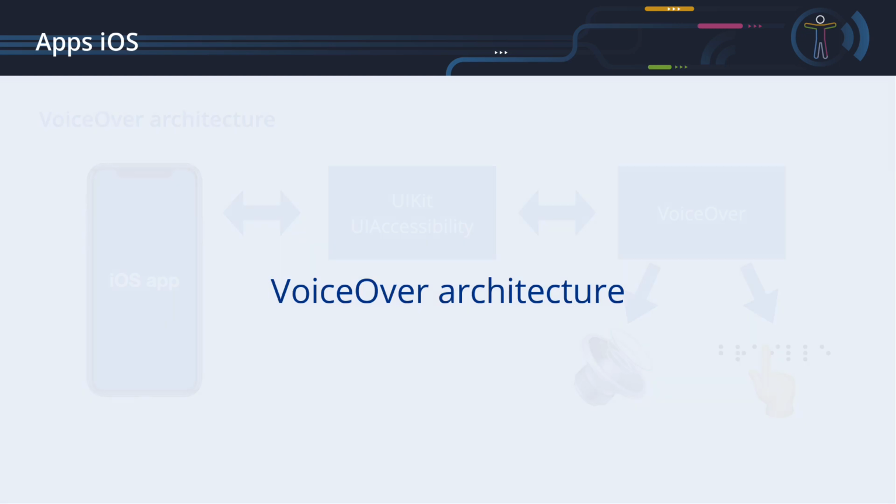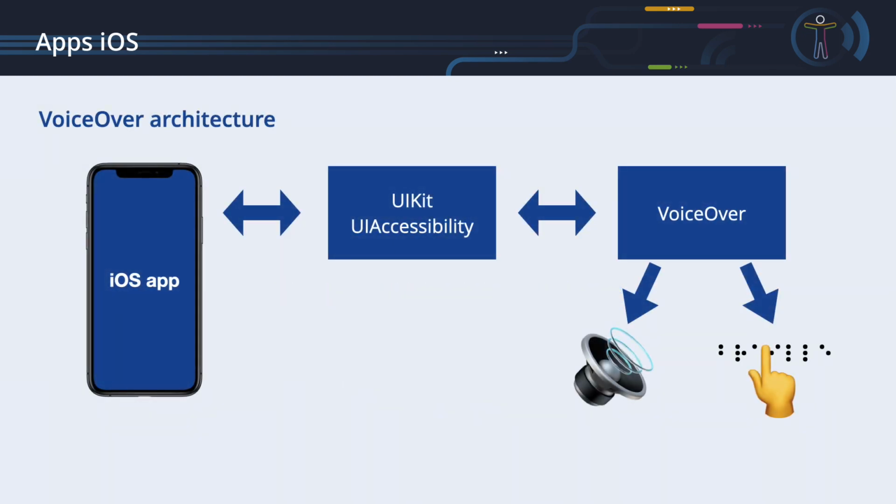VoiceOver architecture. Here is a quick overview of how VoiceOver works. An app interacts with the user interface elements on the screen via the UIKit framework. UIKit provides the window and view architecture for implementing the user interface, the event handling infrastructure for accepting multiple types of input, like multi-touch, and the main run loop needed to manage interactions between the user, the system, and the app.